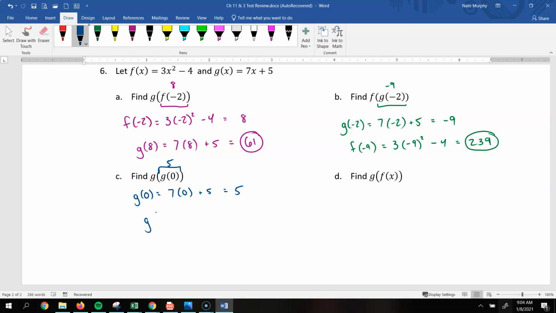So now we're going to put 5 back into function g. So we would take 7 times 5 plus 5, or 35 plus 5 is 40. And lastly,